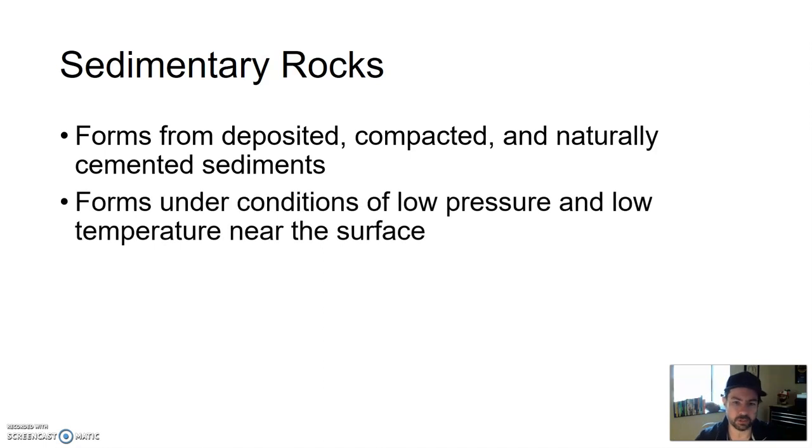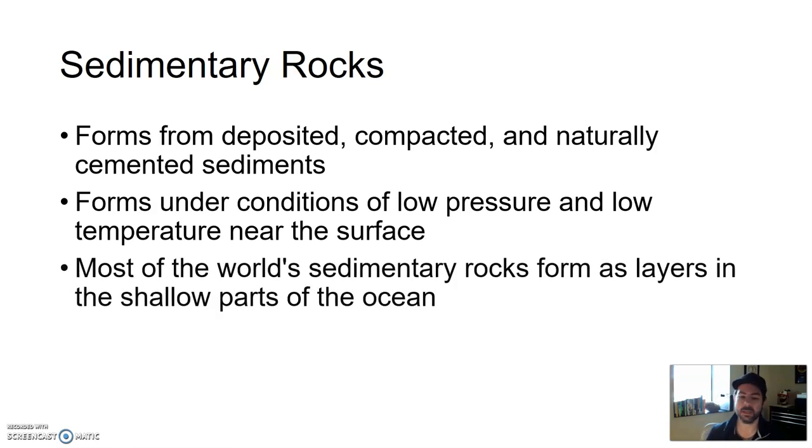So these form under conditions of low pressure and low temperature near the surface. I say that because metamorphic rocks are a little different. This is probably the biggest key point and the biggest part of the story that these rocks tell: that most, not all, most of the world's sedimentary rocks form as layers in or near the shallow parts of